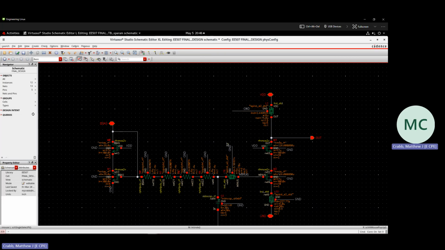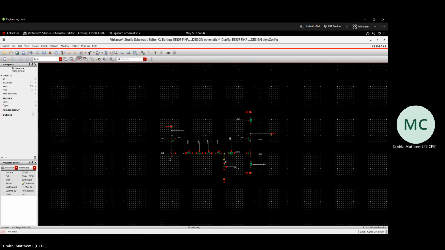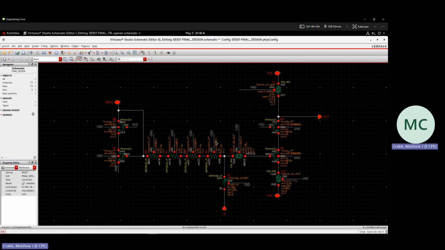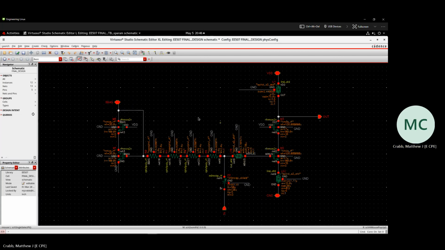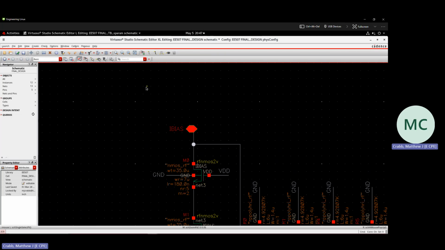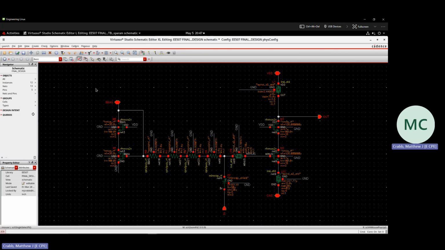A lot better. So the next thing I want to do is, if I'm zoomed out, I can hit F to fit it. And if I still want to zoom in a little bit more, or I want to zoom in on something specific, then I can hold down the right click button on my mouse, drag and select an area, and then let go and it'll zoom in. So there you can see I kind of didn't zoom in quite right. So let's zoom in